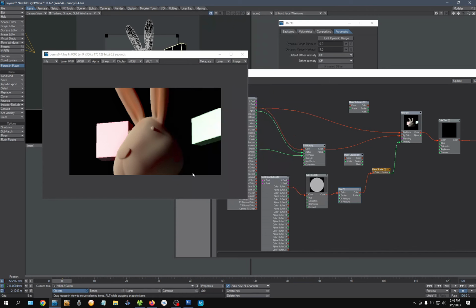I don't know. I think it has to do with that I'm actually using a backlit node, so I think it's excluding some of those rays for some reason. Anyways,